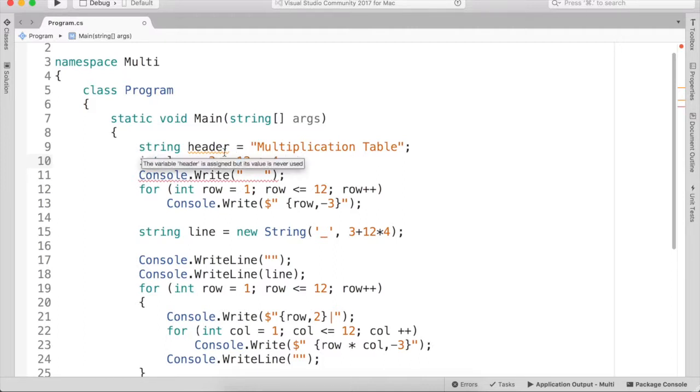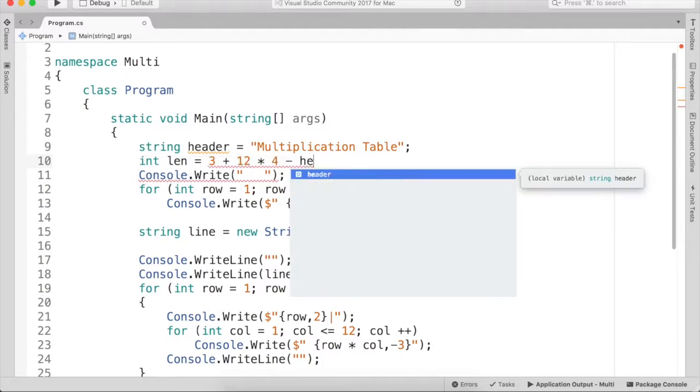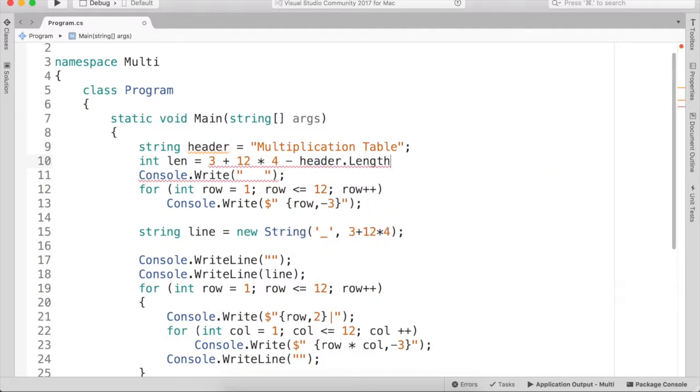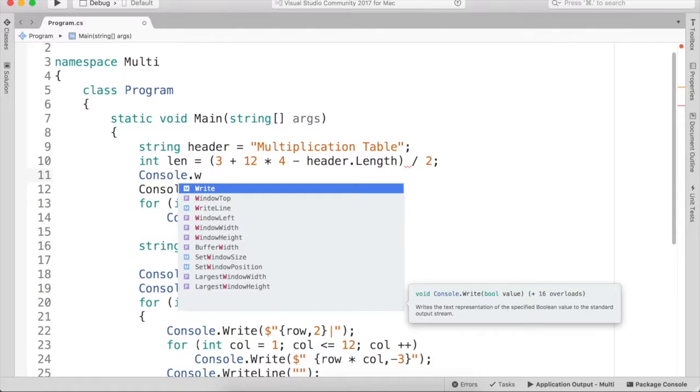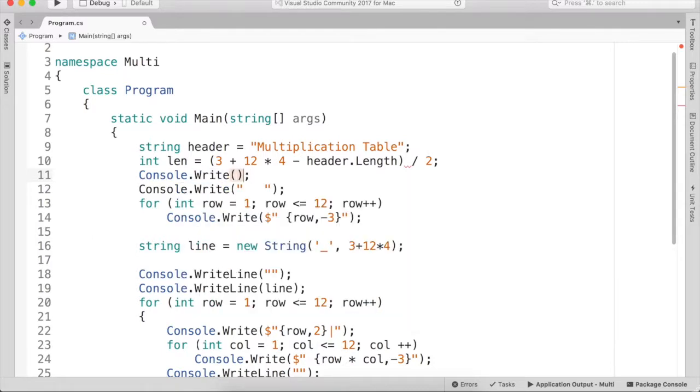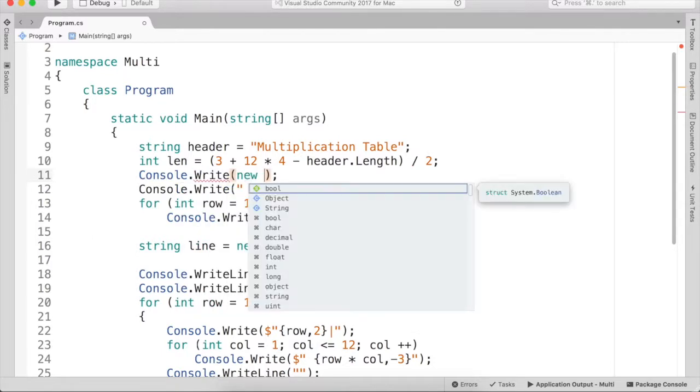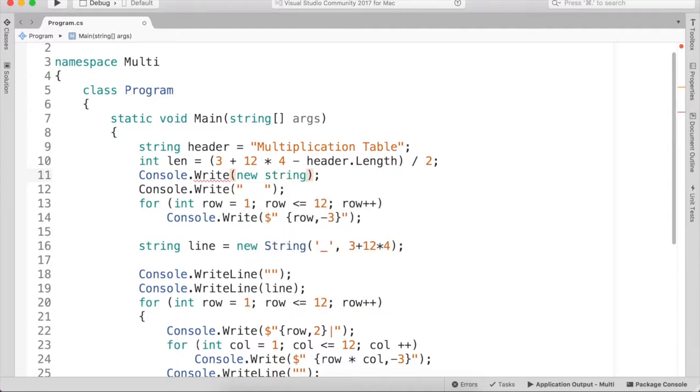And how do we get the length of the header? Header.Length. And we want to divide all of it by 2, and make a string which consists of spaces, and it is